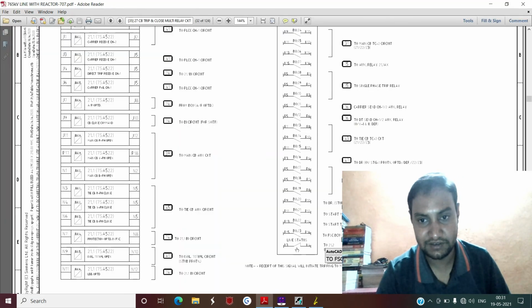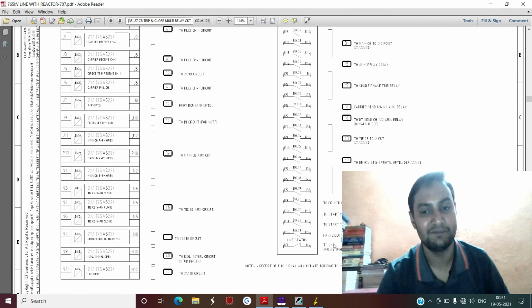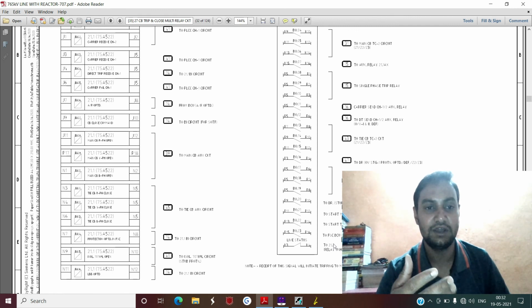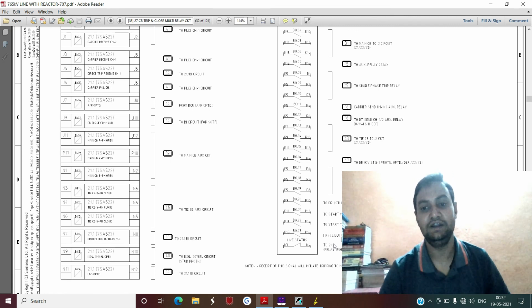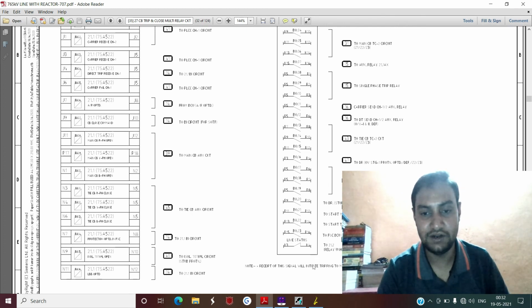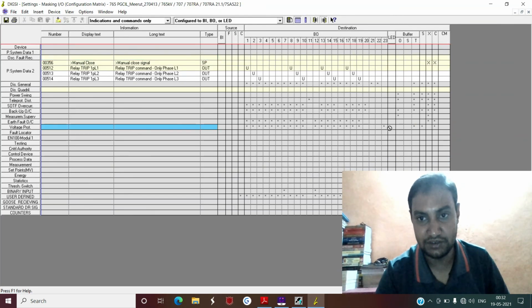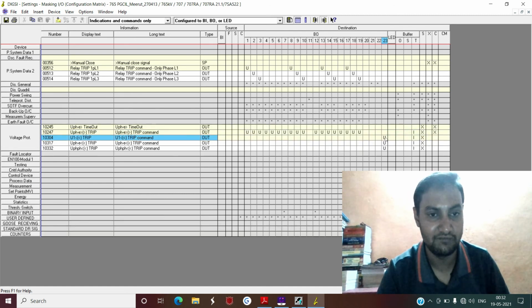The next, the last is the FSC DCU under voltage operated, and in this particular case, this signal is used for some under voltage interlocking in some other DCU, and that's why this function is used. This is not at all important for us, but if you want, you can directly see, this is 23 number output. So go to 23. This is your 23, and when it is active, it must be active for under voltage case. So it is active for under voltage trip command only.